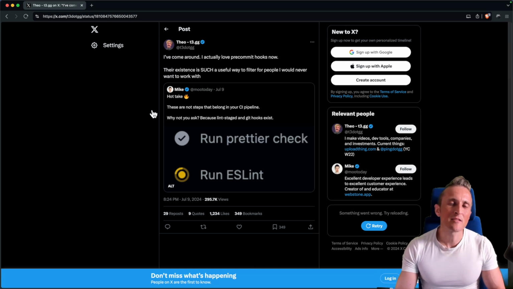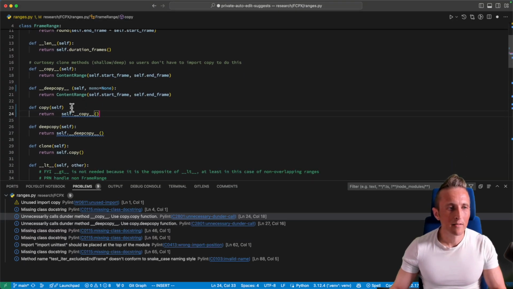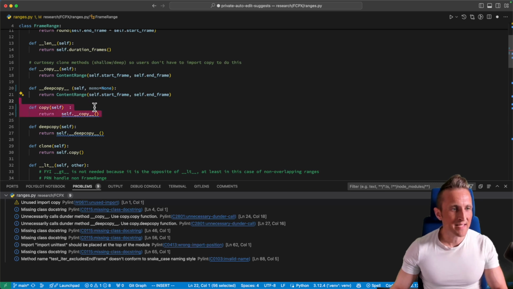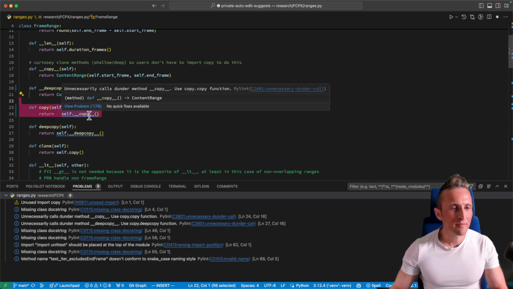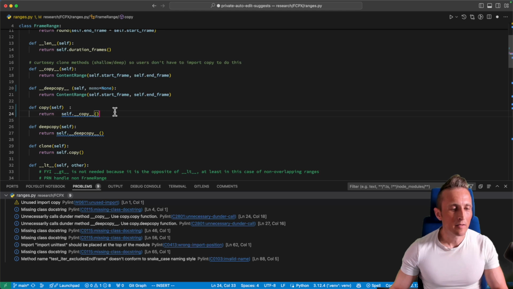So my problem with this post is there's a better time to use these tools, and that's when you're actually making changes to the code. For example, I've got some Python code here, and I've got some extra spaces added to demonstrate formatting. And then I've also got some squiggles underneath some of this code here that point out issues that Pylint has detected. And so if I'm working on this code, it'd make much more sense if I have this inline feedback